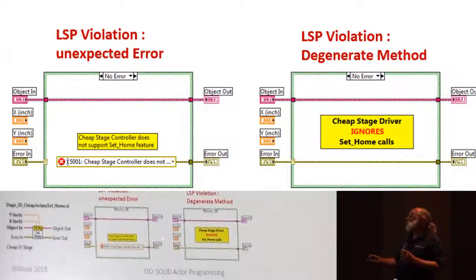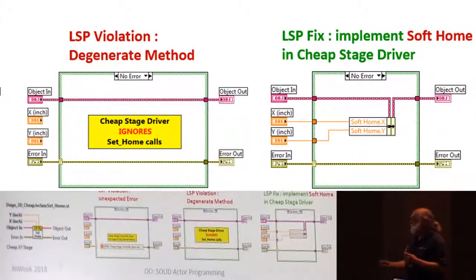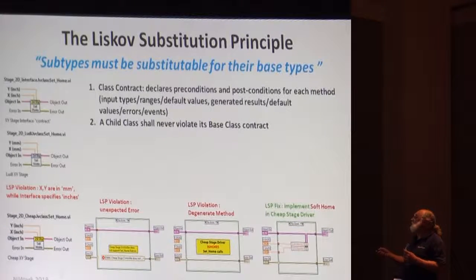You may want to just ignore this thing because there's no functionality, but then your sample scanner will position to the wrong position, right? Doesn't behave normally. And the right way to do it, if something is defined in the contract of an interface method, you should simulate it if it's not supported by the hardware. So this principle actually enables using the dependency inversion and open close. Without it, you're uncertain of what your runtime object would be doing.